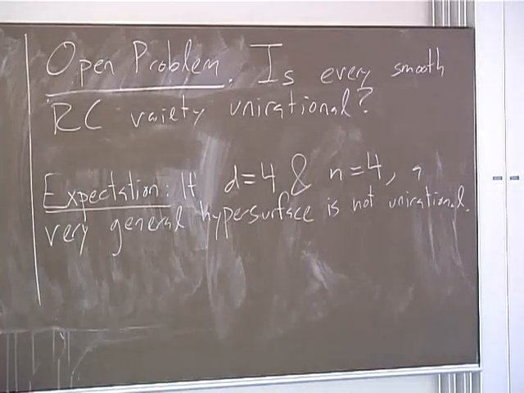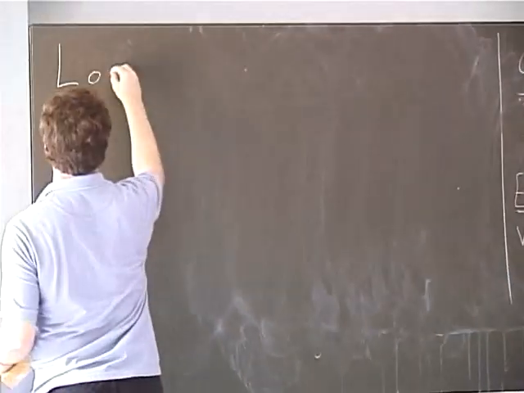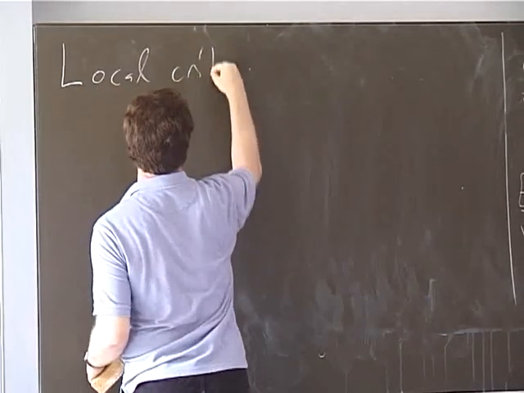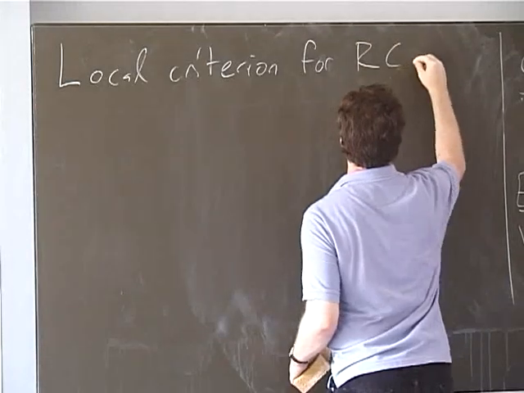But rational connectedness, it's not obvious from the definition that this is any better. You have to check something for every pair of points. So how is that necessarily any better than the original definition? But it turns out that you don't. So there's a local criterion for rational connectedness,